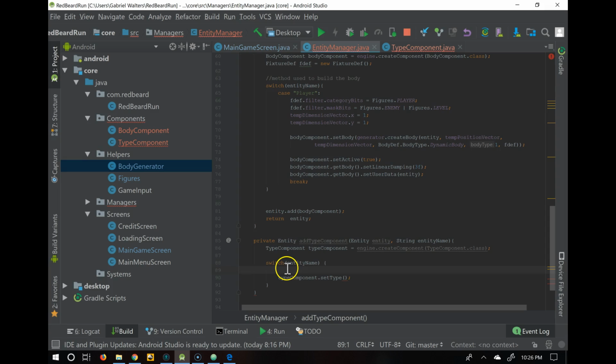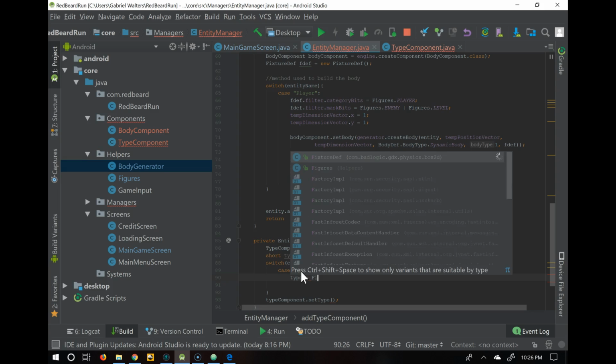And we will add a temporary variable, short type, and inside here, let's do case player. That's a little bit different than what I built. Case player,